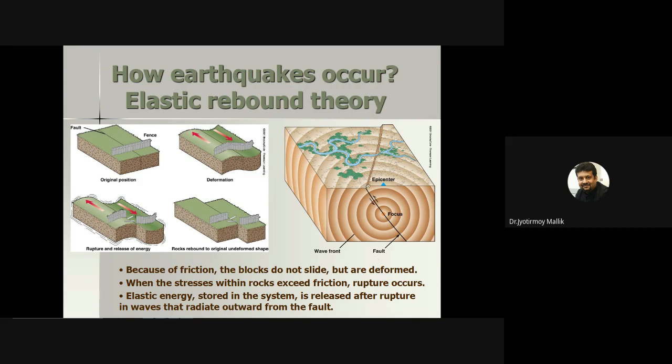Suppose here is a fault. This is the surface of the earth, and at this point the disturbance is created. This is what we call the focus or the hypocenter of the earthquake. This is the actual position at which that elastic rebound has happened. And from this focus, the elastic wave is propagated in the form of a wavefront, the wavefront that we have been talking about.